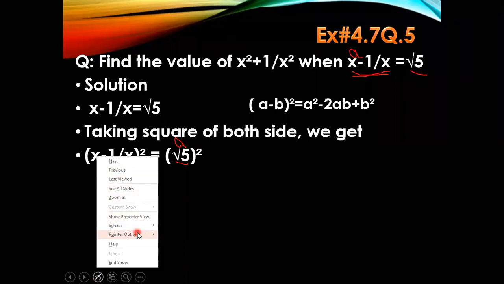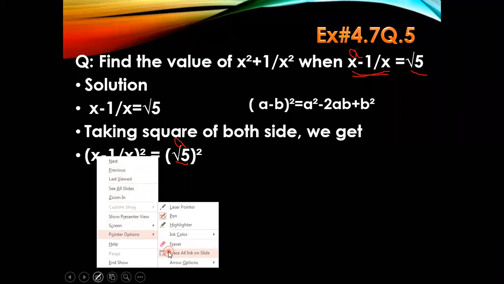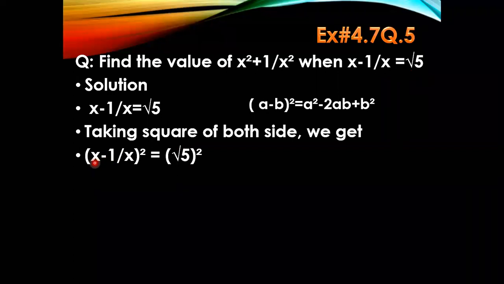So what we will do, for this one, we are going to apply the formula only on this side, because here we have two terms, this is a, then minus, and this is our second term, that is b. So we are going to apply the formula a minus b squared. ये वाला formula हम यहाँ apply करेंगे, but we are not going to apply the formula on this side because here we have only one term. So how are we going to solve this one? Simply you have here square root and this square.